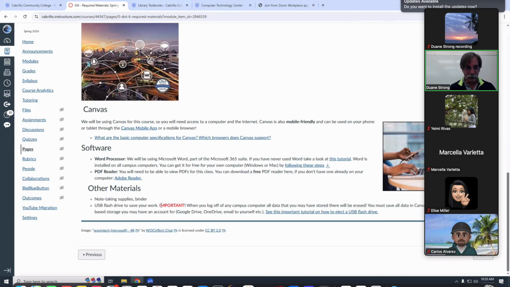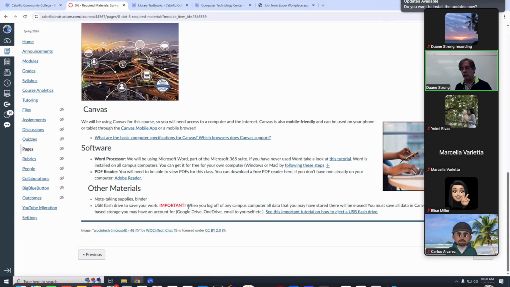All right, so let's talk about the USB flash drive for a second. If you're on computers here at Cabrillo, you probably noticed from the screensaver that it's got a big message that tells you when you log off, everything you have saved on this computer is wiped out. It's called Deep Freeze.